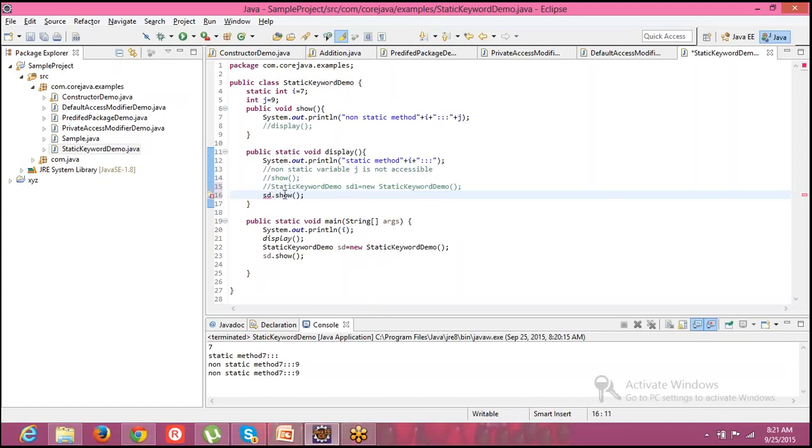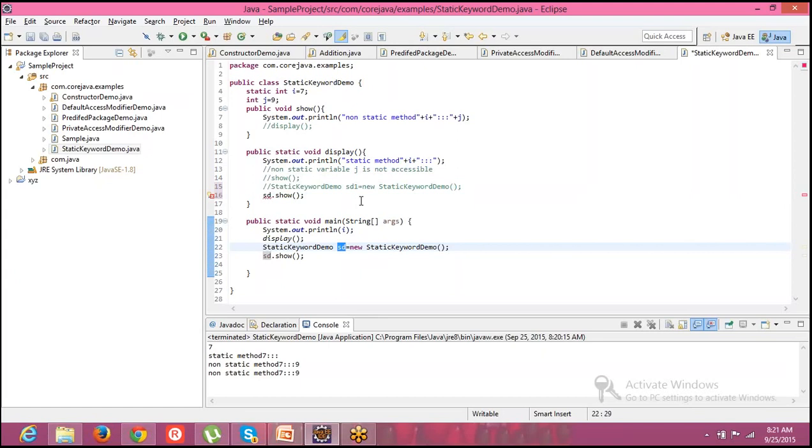So what he is saying is we have already created an object SD, and he wanted to use that object over here to call this particular show method. Compilation, it is not possible, right? Why is it not possible? Let's check.